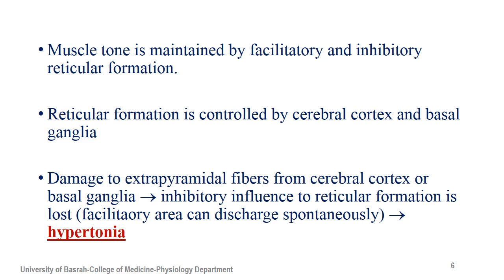Okay, it will affect the reticular formation. So if we have damage to the cerebral cortex and the basal ganglia, we will have a problem in tone regulation. How? Well, there is damage to these two areas, cerebral cortex and basal ganglia, and we say that these are the controlling systems mainly for the inhibitory areas. They send projecting neurons to the inhibitory area of the reticular formation to act together with the facilitatory to maintain muscle tone. So if we have damage to these two parts, specifically to the extrapyramidal fibers inside these two parts,